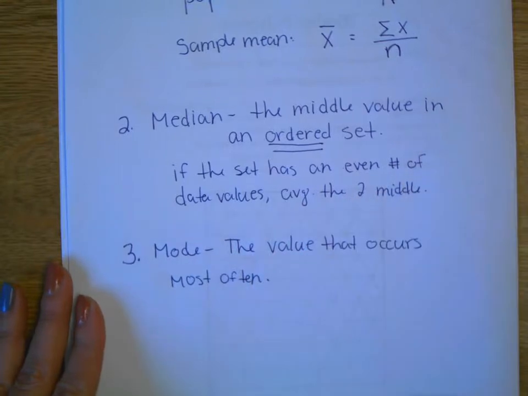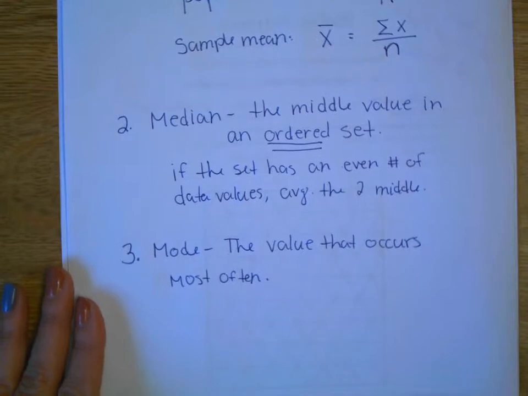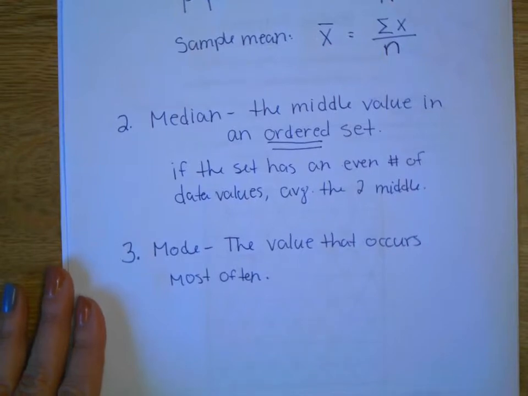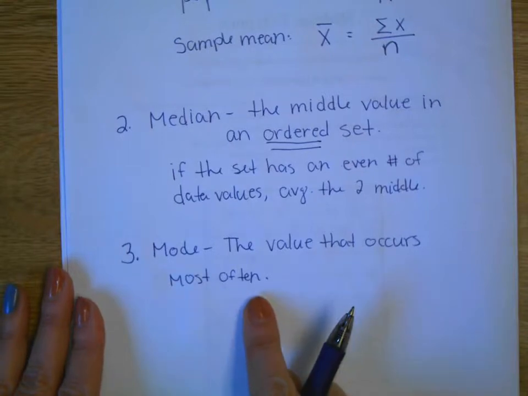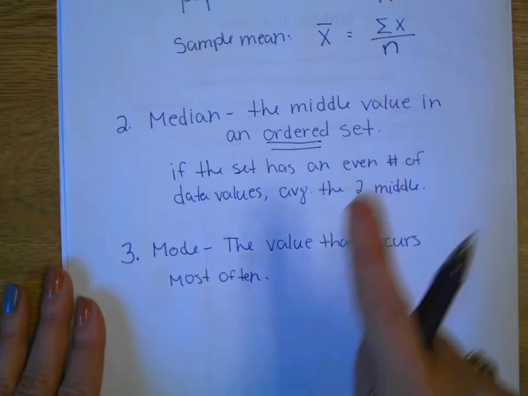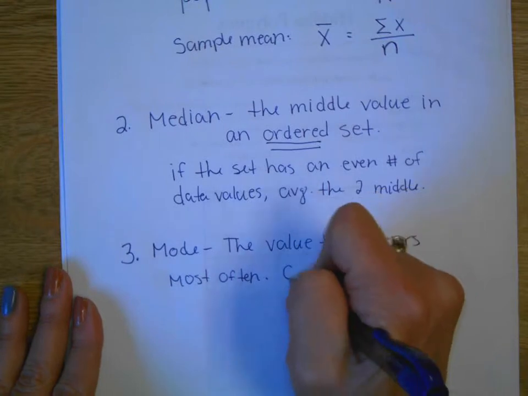Not every data set will have a mode. If I have each data value only once, there's no mode there. So mode doesn't apply to all data sets, where mean and median do. But mode is the only one you can use for qualitative data. Remember, qualitative data is words. I can't average words together. So this is the only